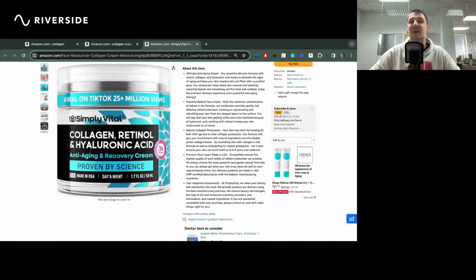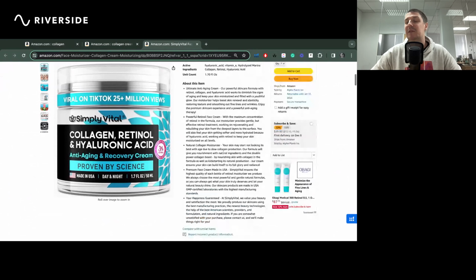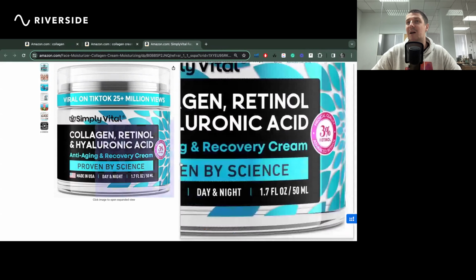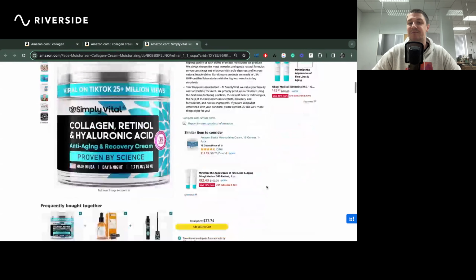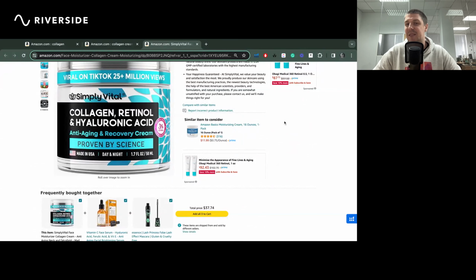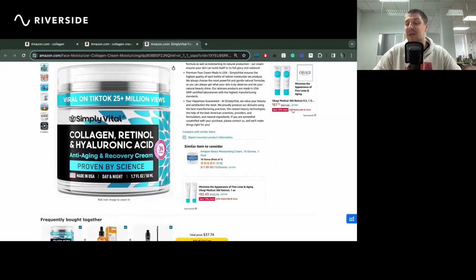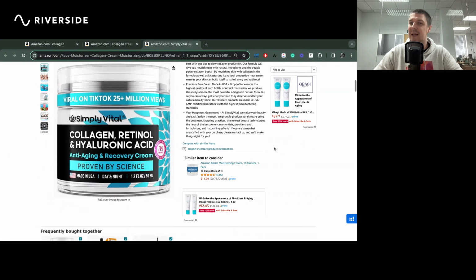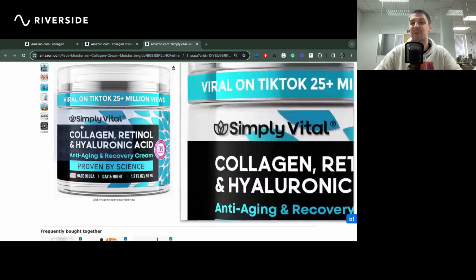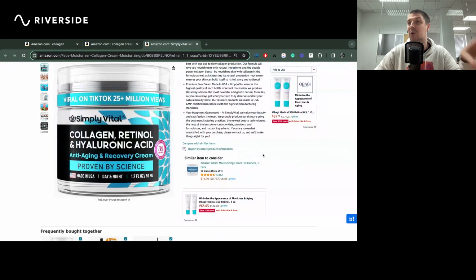Now, with sponsored display, there are a few different placements. So they can appear under the buy box on this listing, and also under the bullet points and the similar items. So both of these placements here are sponsored display. So the brand here have made sure that they are either setting up remarketing to follow people around the web and Amazon who have not yet pulled the trigger and purchased that product, but more likely in this case, they are remarketing or retargeting their ads to people who have viewed Simply Vital or specifically this